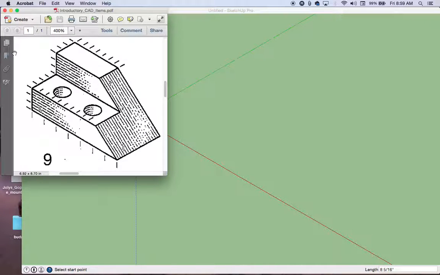In this video, I'd like to introduce the thought process that I go through anytime I'm dealing with a sloped surface, as in the case with number 9. So number 9 is the first introduction of having these sloped surfaces, these angled surfaces, that don't fall on an X, Y, or Z axis. And as a result, we need to acknowledge a few things about dimensions that are given and also the construction